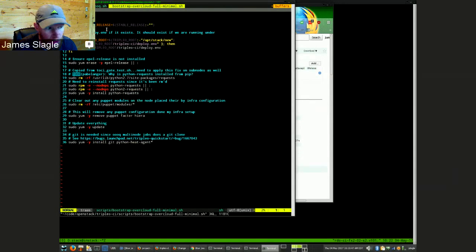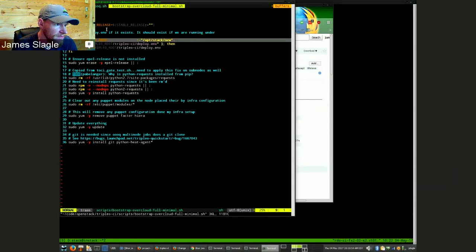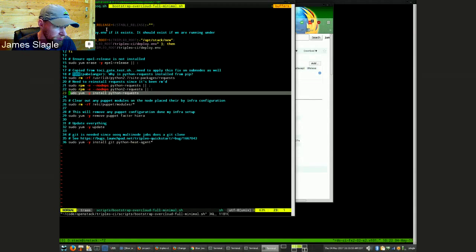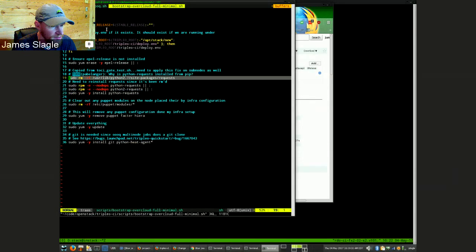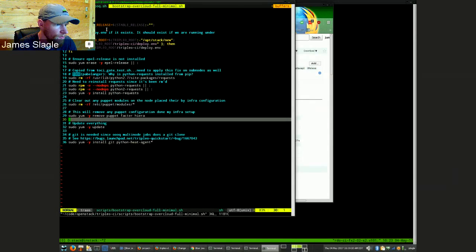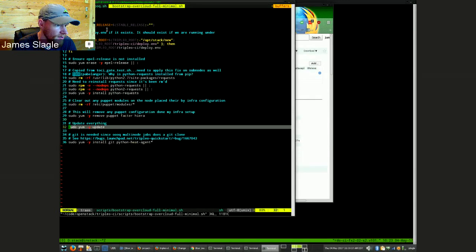to kind of prepare them to be part of a TripleO overcloud deployment. So we have to install some initial packages and make sure that things like EPEL aren't installed, and this Python request part here is actually because for some reason this is installed by pip on the standard image, so we need to fix that up, and we clean off old Puppet stuff. Some of the stuff in the script can actually be cleaned up now because it's no longer required, but it doesn't hurt to do it anyway. We make sure all the packages are updated, and then